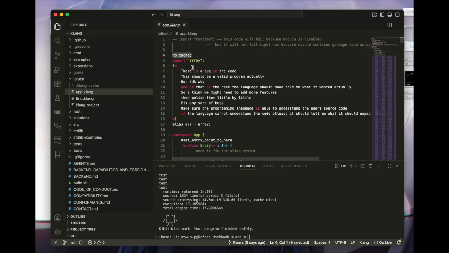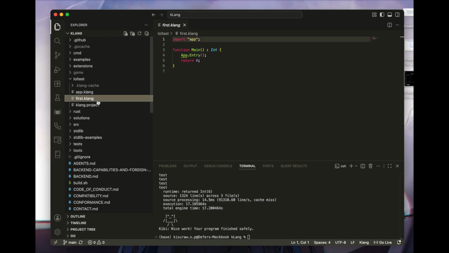And import statements work like imports. You literally do import and then the name of the module, in this case array. You can also import other files. It actually supports any file. Actually, you can show here. As you can see, the first .klang